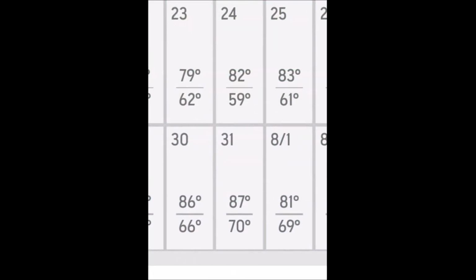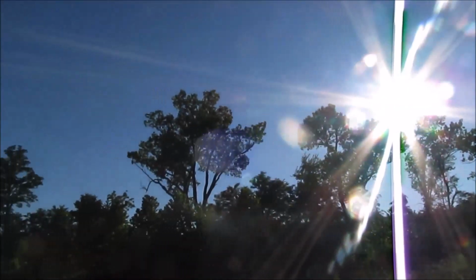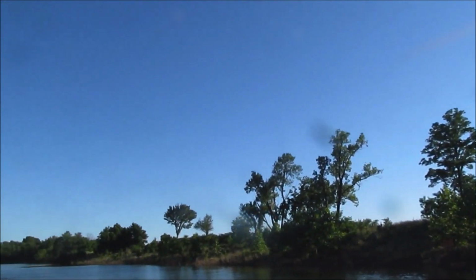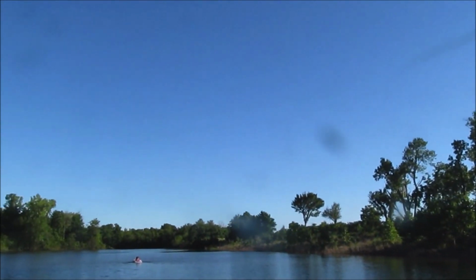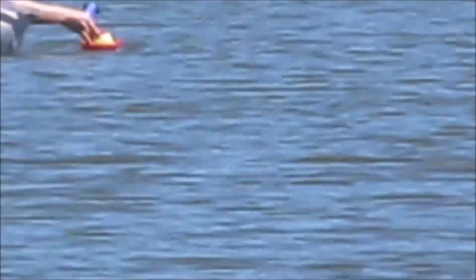This first observation was made on July 24th, and the temperature was around 82 degrees at the start of the experiment. The blue toy boat represents a boat that's approximately 30 feet long by 8 feet tall. The yellow and orange boat represents a vessel that would be 25 feet long and 15 feet tall.